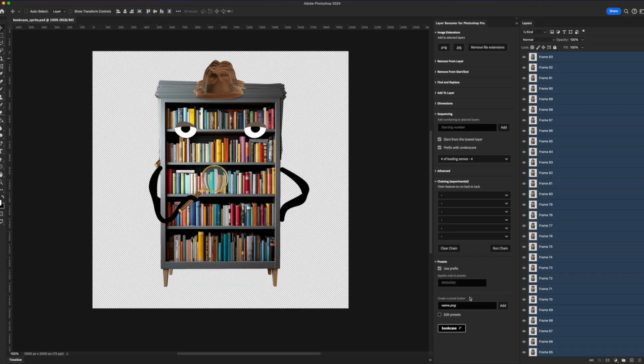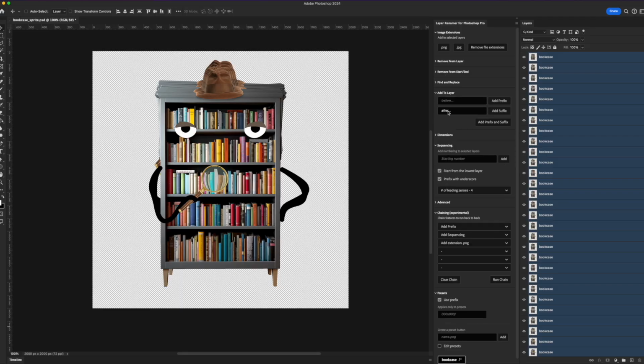And what we can do is we can start off by setting a layer name from a preset, and then we're going to set a chain. So we're going to add a prefix, then we're going to add a sequencing, and then we're going to also add an extension. So the prefix, let's set a prefix here, let's call it sprite underscore,